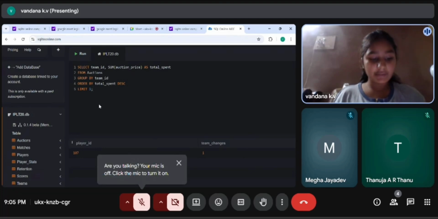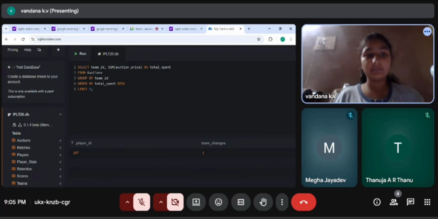Which player has changed teams the most times over IPL seasons? And the query is select team ID, sum of auction price as total spent from auctions grouped by team ID, ordered by total spent, descending order, limit one. And the limit one returns only the top row, which corresponds to the team that spends the most, and the output is